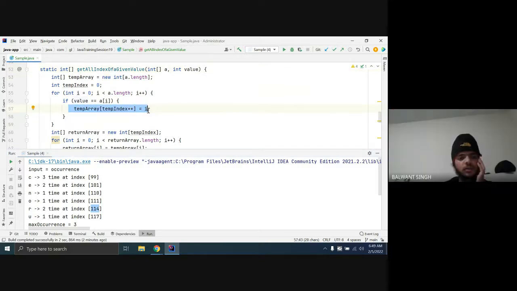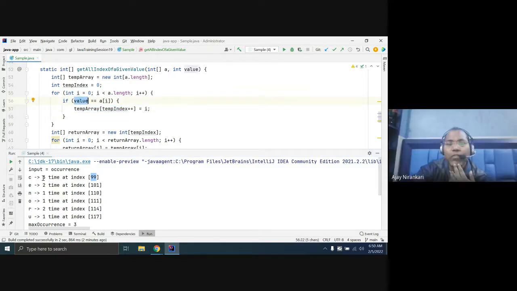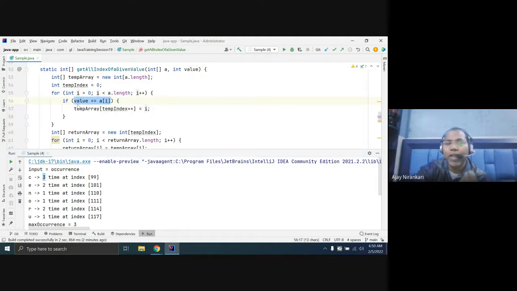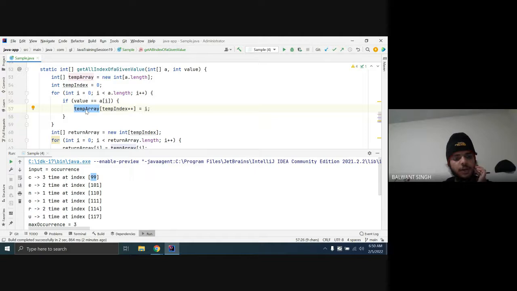For example, 99. If value is equal to 3, a of i is 3, value equal to 3, then i is the index. So you return i, 99. You just hold your 99 in this temp array. And what we are doing over here is temp index plus plus.